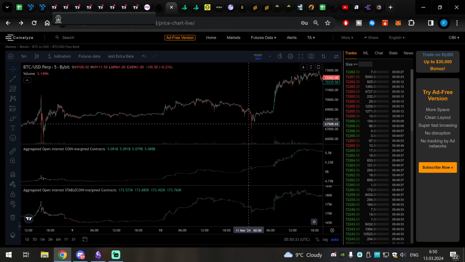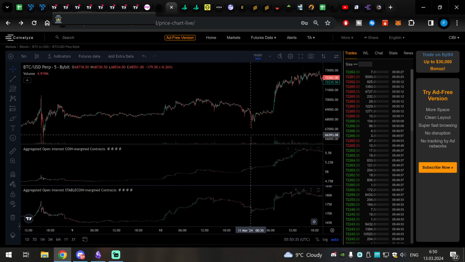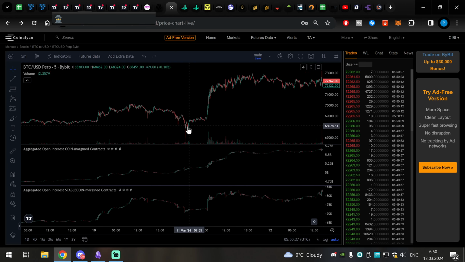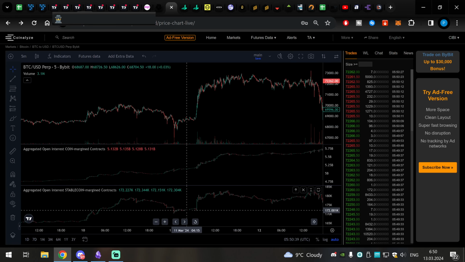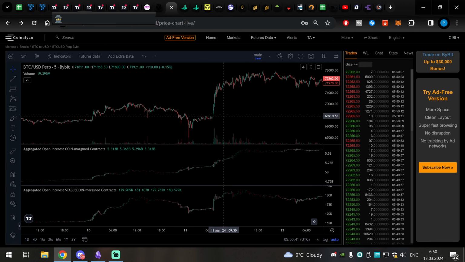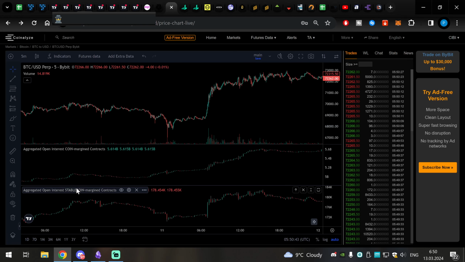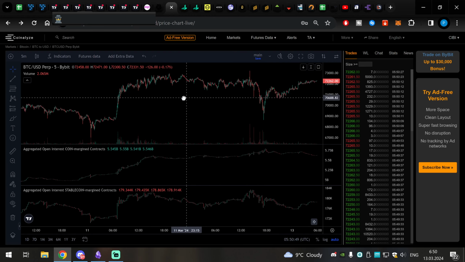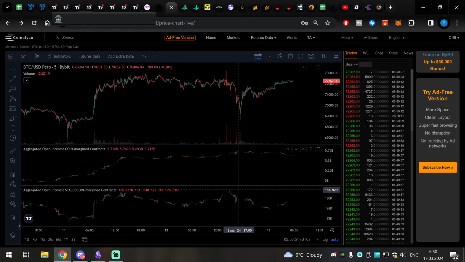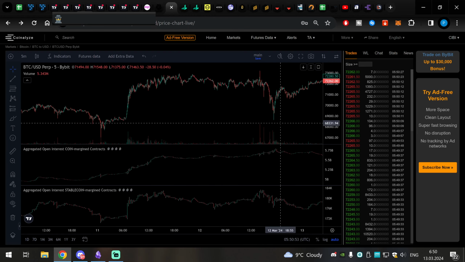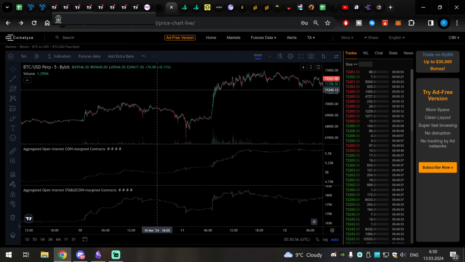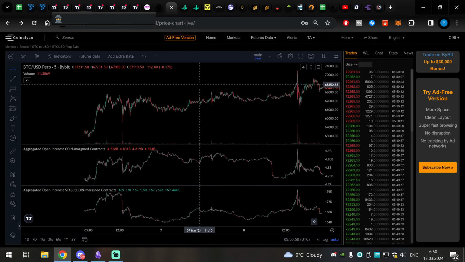But once we are getting an open interest decrease, you can fade the move much easier. Yet again, this was an all-time high breakout. Look at the open interest increasing, new positions opening on the stablecoin and also on the coin-margined contracts. You don't want to fade something like that. But once open interest starts doing heavy declines into the pullback, that's your opportunity for long. So please remember that rule.